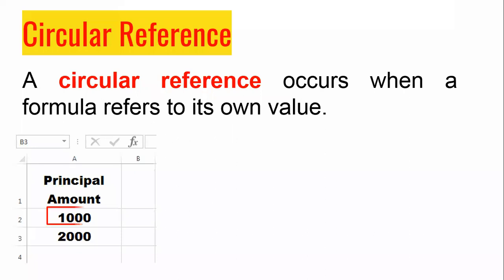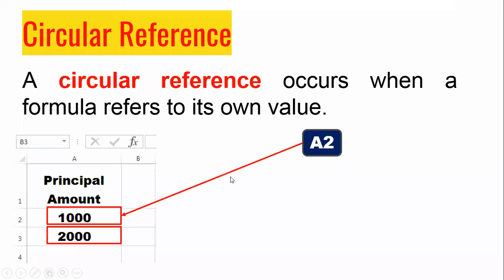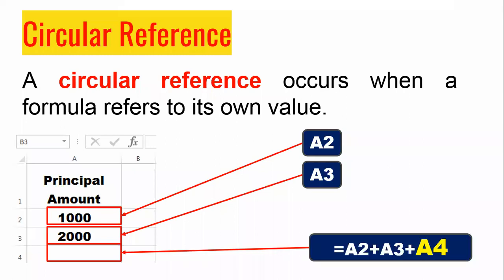Can you please type the address of that particular cell which has been underlined? Jaldi se. Chat box में मैं wait कर रहा हूँ. What is the address of this cell which is there in the red box? A2. Very good. Great. And now what happened? This is A2, and the second cell is to be considered as A3. But in the third cell, what we are going to write is equal to A2 plus A3 plus A4.